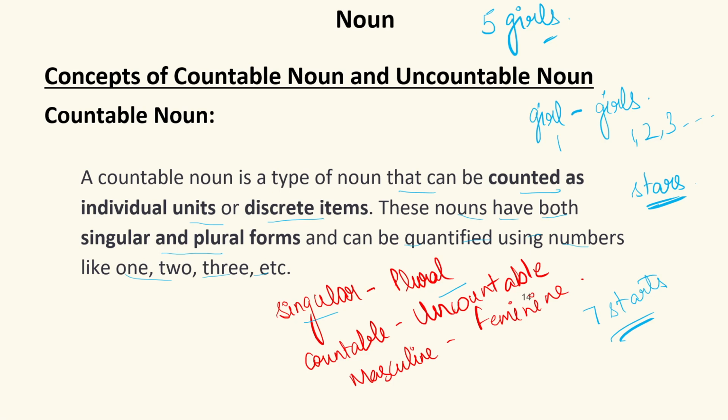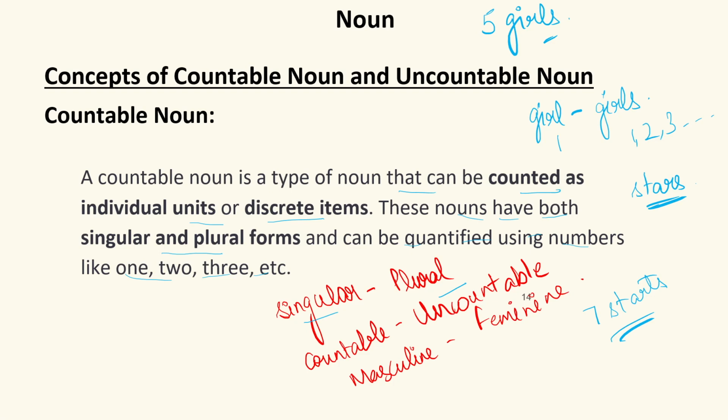We do not say that there are 1 kilo stars in the sky today. No, that is wrong. But we can say that there are only 2 stars. I can see only 2 stars today because of the clouds. So we can count the stars. They can be counted, though they are infinite in number. But infinite and uncountable are 2 separate terms. The meaning of infinite is endless, but the meaning of uncountable is that which we cannot even start counting.